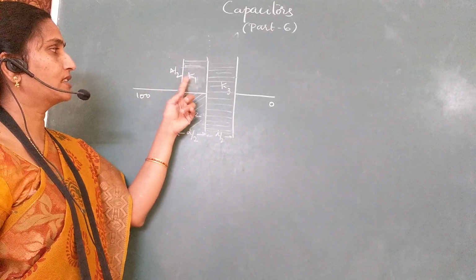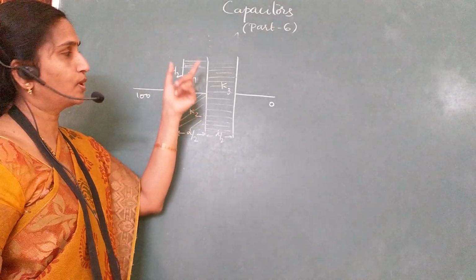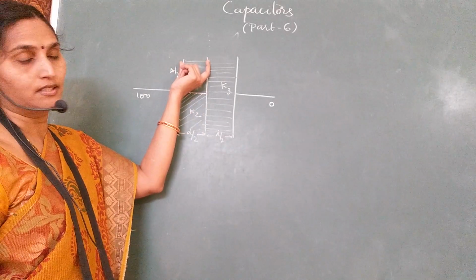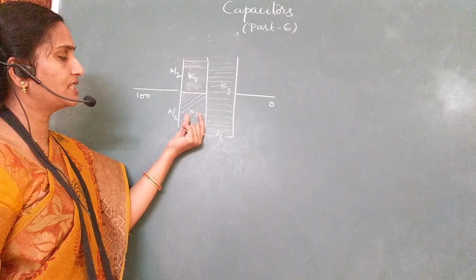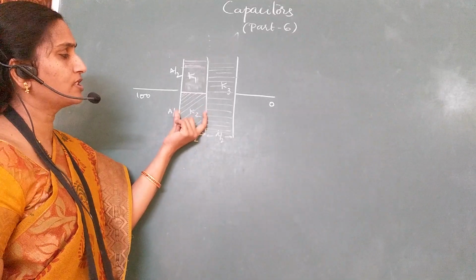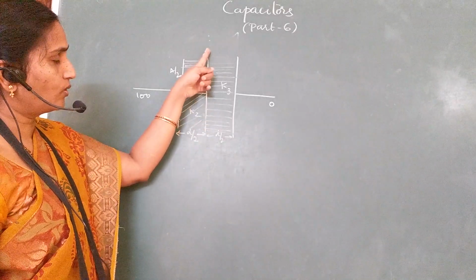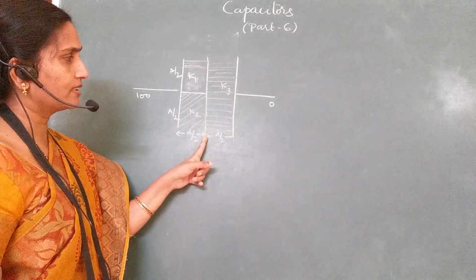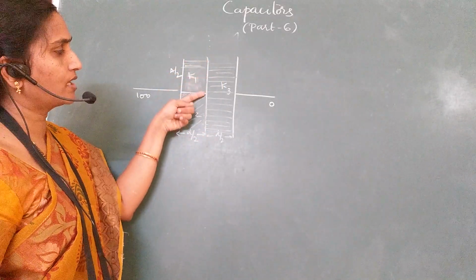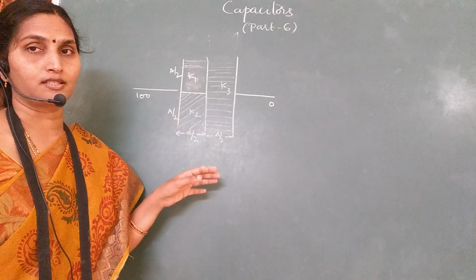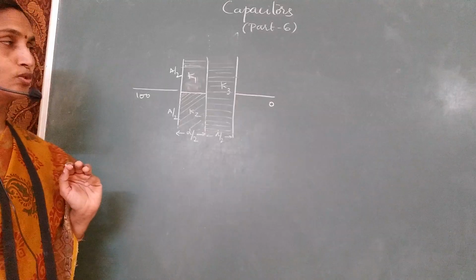Say if the dielectric constant is 2, potential decreases by 2 times. So here potential may be reduced by 2 times. But if this dielectric constant is different, here the potential drop will be different. So don't divide the capacitor along this line. If you divide it along this line, throughout this line, potential is not going to remain constant. So that kind of division should not be done.